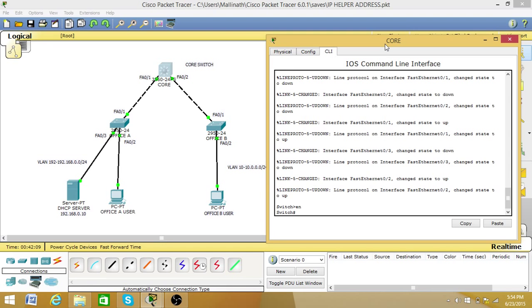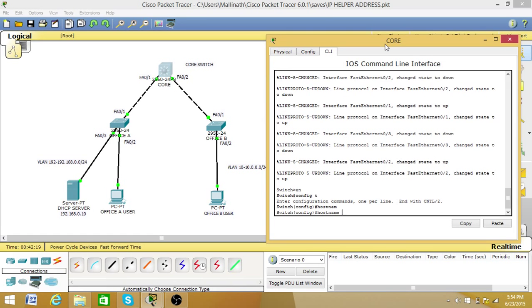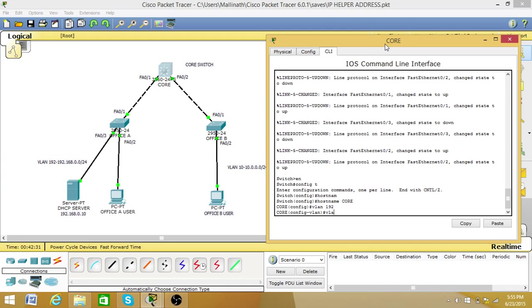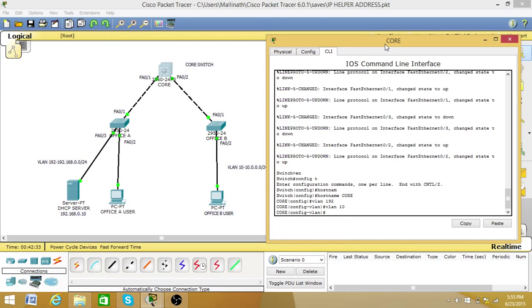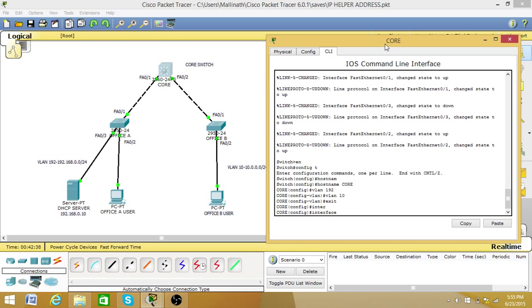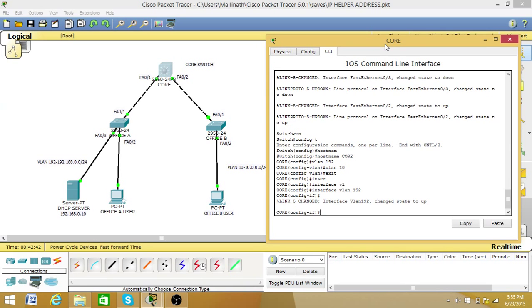Config t, hostname, I'm making it core. Then VLAN 192 and VLAN 10. Both have been created. Go to interface VLAN 192 and assign an IP address,